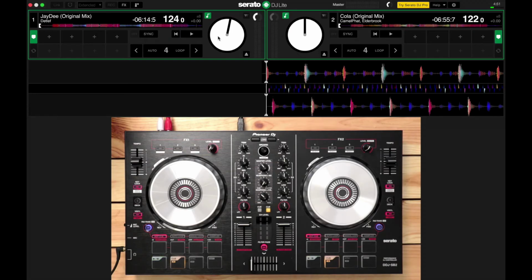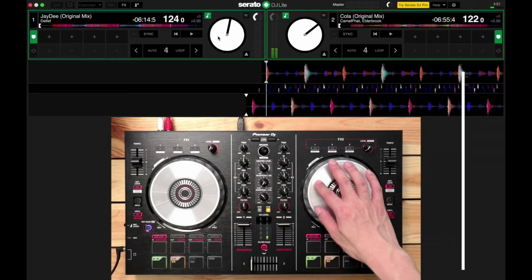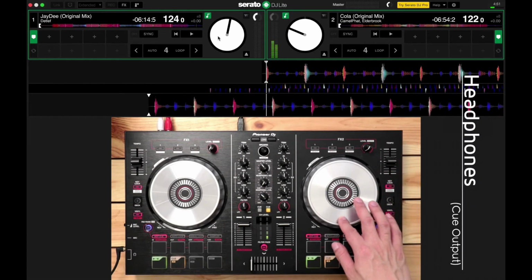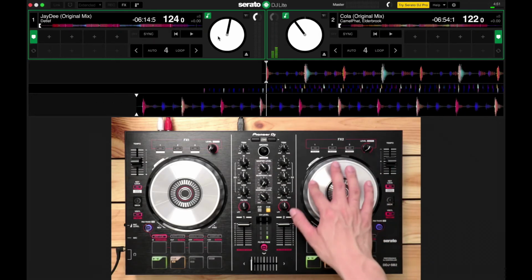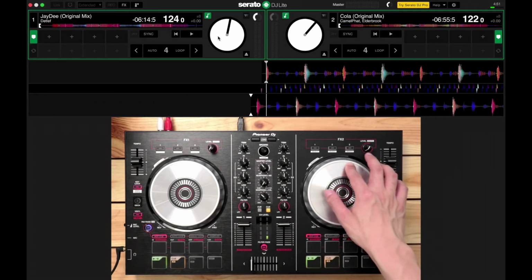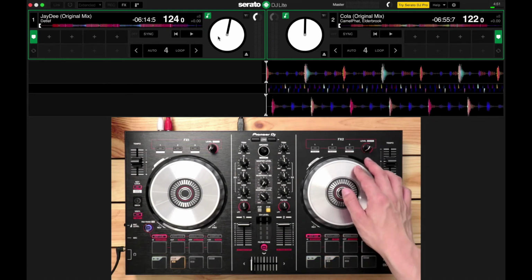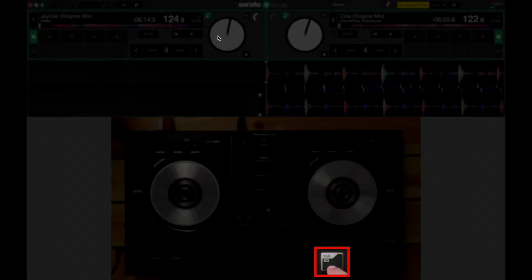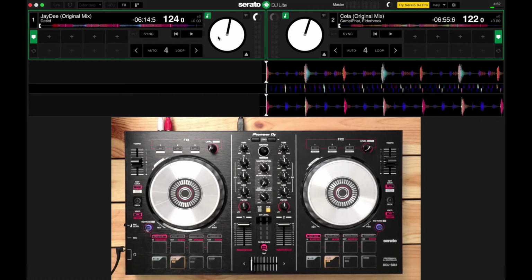Cool. Now let's move the jog wheel in deck 2. I'll now be able to hear it in my headphones. Awesome. So shuttle back to the first beat. Now we can add our cue point because we can hear it. And press the cue button. There we go. Now we've got our cue point on the first beat, just like what we did with the